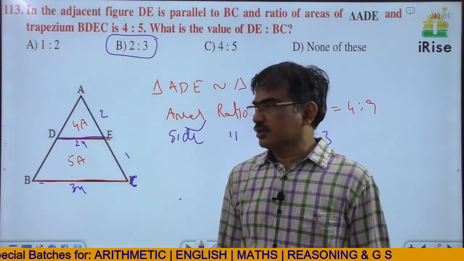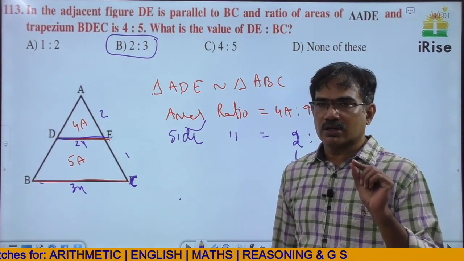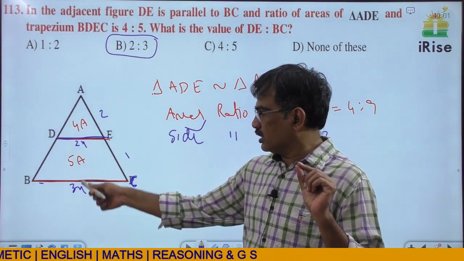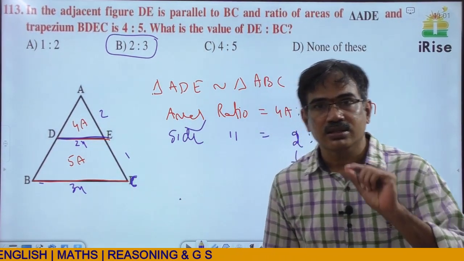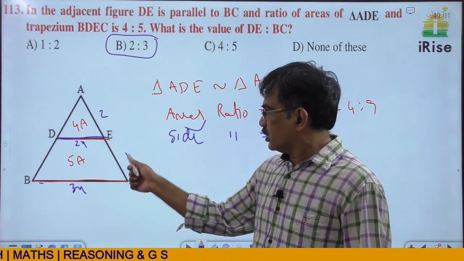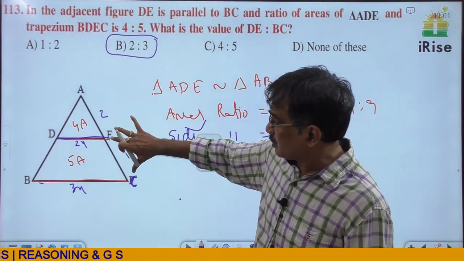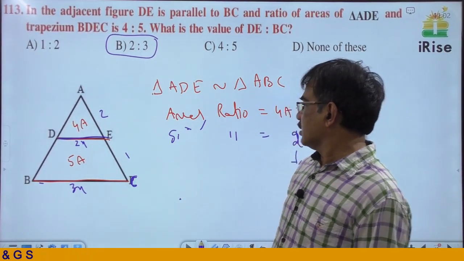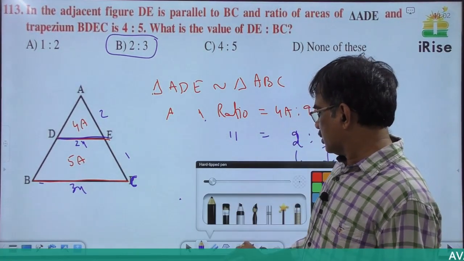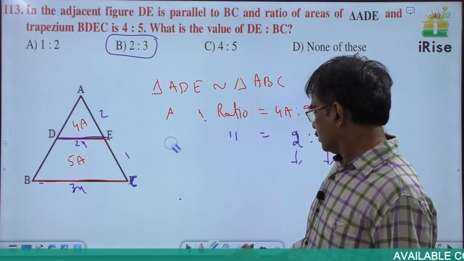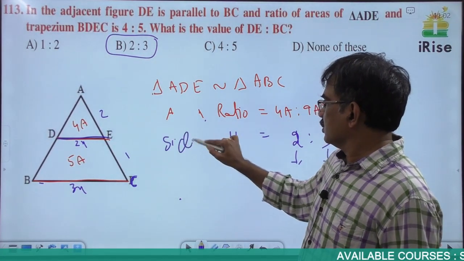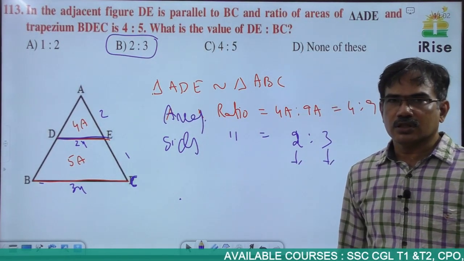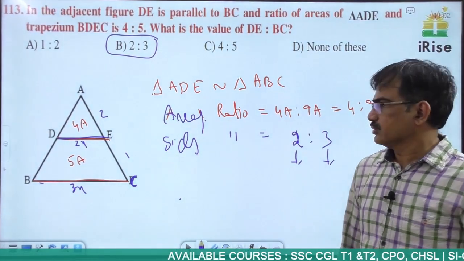Okay. So what the question given? Sometimes question given related to this. If question related to this is given, use similar triangles condition. If question related to these 2 parts are given, this part and the trapezium part are given, you have to use basic proportionality theorem. Okay, just a minute, sorry. Sides ratio, areas ratio. Understood? Next.